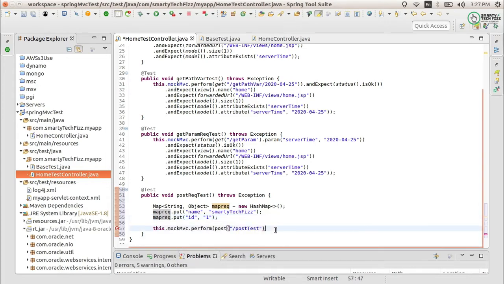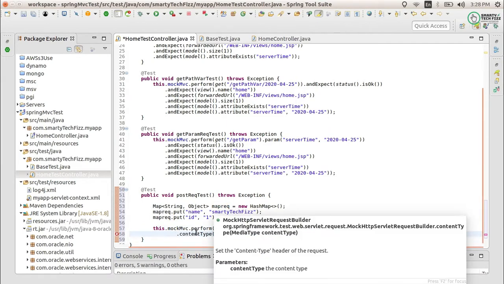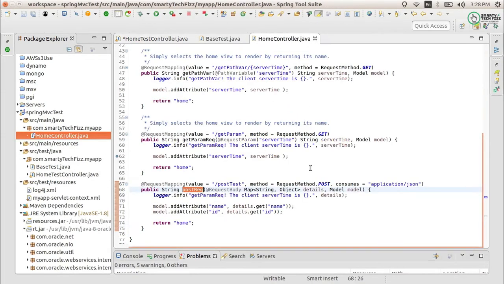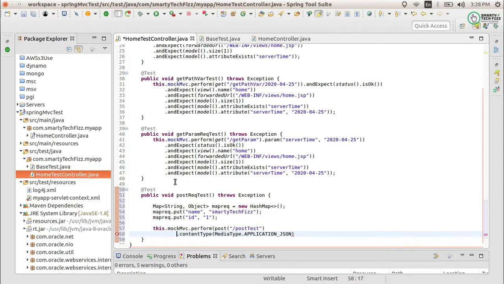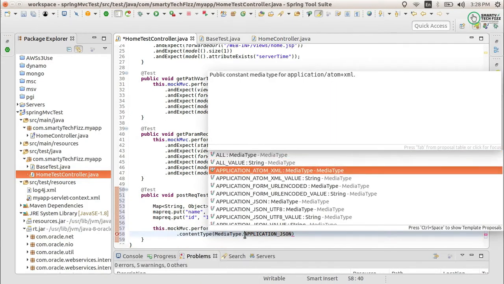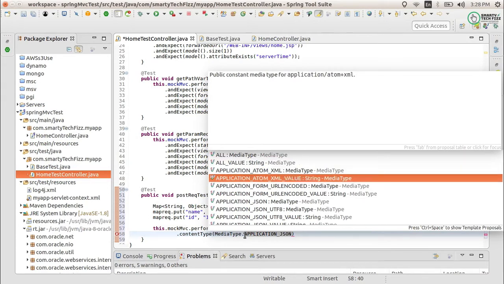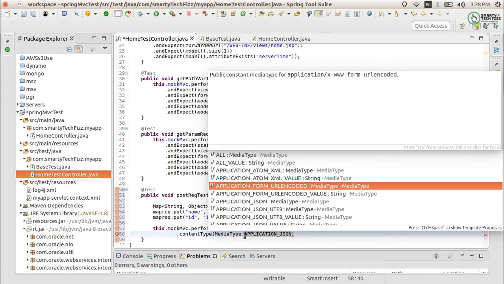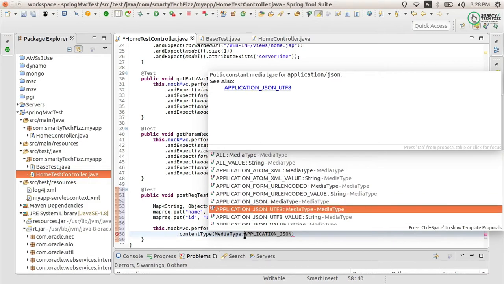Now we need to provide the content. Firstly, here it is the content type. As you know, I have defined the content as application JSON. You may have different types of content, like application atom XML, form URL encoded when you are submitting any form, application JSON UTF-8.